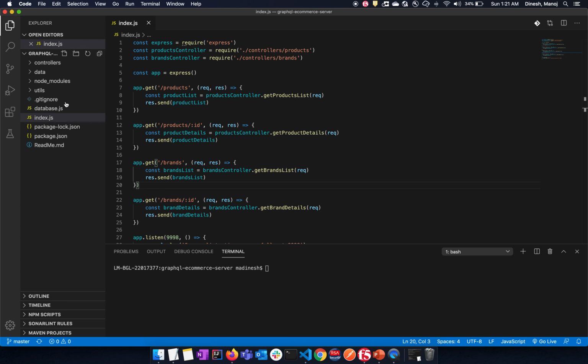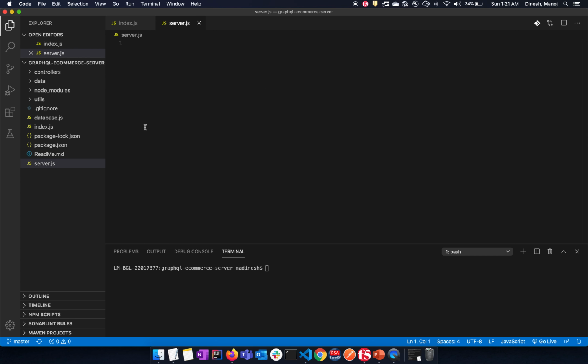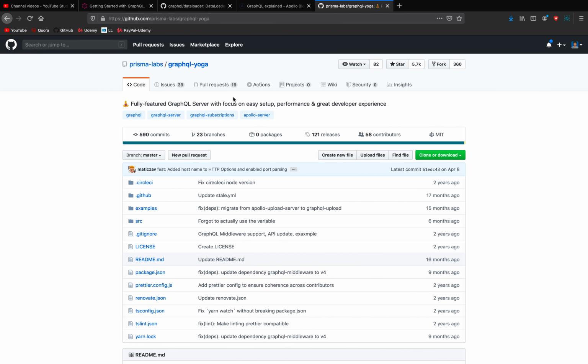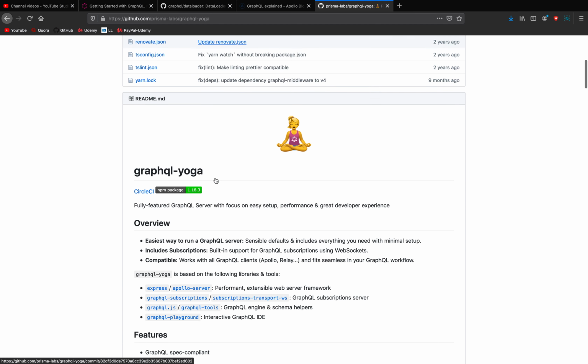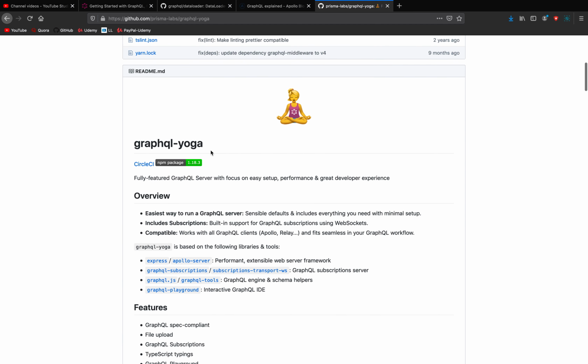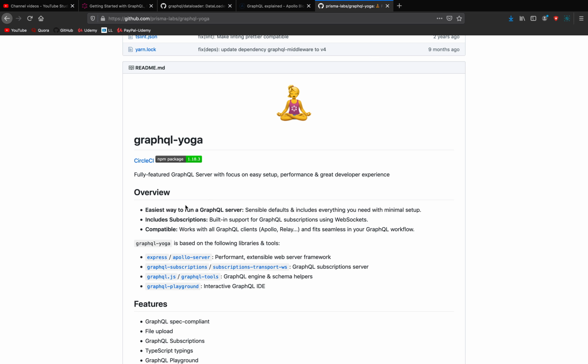Now, for the sake of this, I'll retain this file as it is, and I'll create a file called server.js. This will be a GraphQL server here. And for converting this server into a GraphQL server, I'm going to be using a module called GraphQL Yoga. As you can see here, this provides a fully featured GraphQL server with focus on easy setup, performance, and great developer experience.